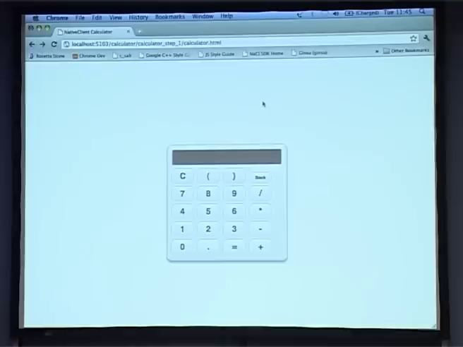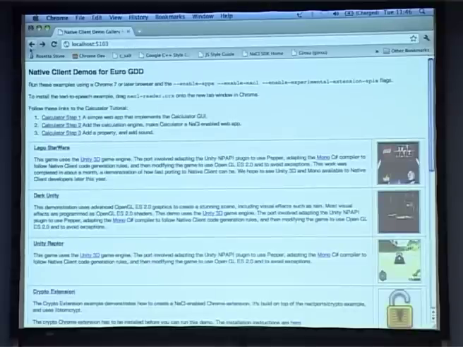So this is the calculator itself, and this is the code that you just saw. Again, there is no NaCl module. So if I type in an expression here such as 8 plus 4 equals, it obviously doesn't do anything because there's no NaCl module behind it to actually do the calculation yet. But again, the UI is all there. So I can do 8 times, I wonder if this will work, 5 plus 2 with brackets, and okay. All right, back to the